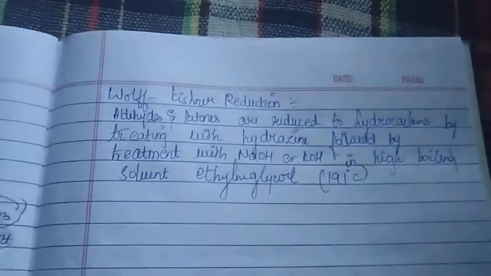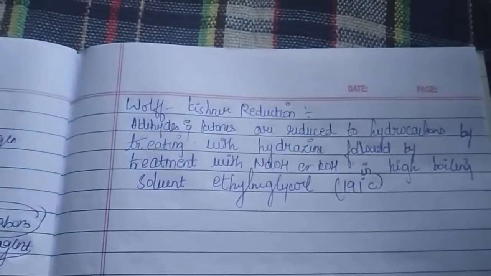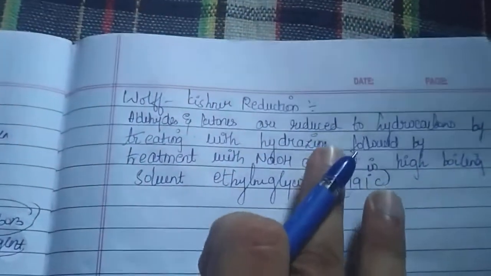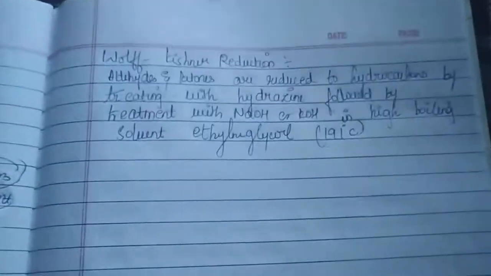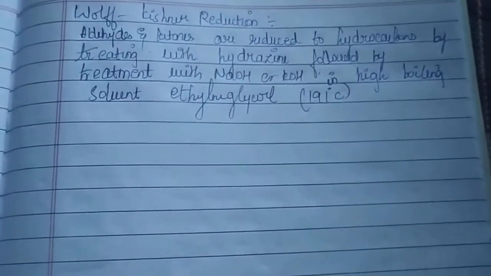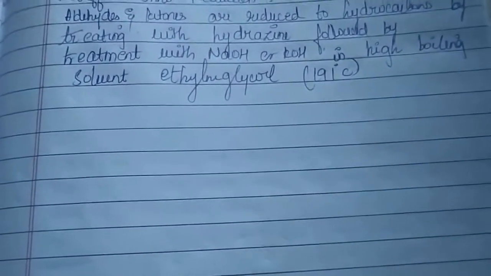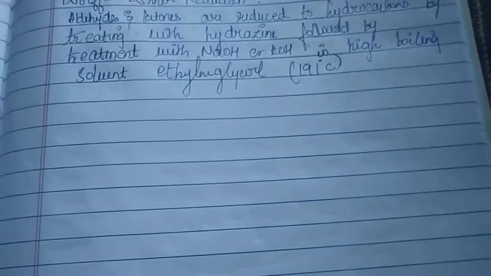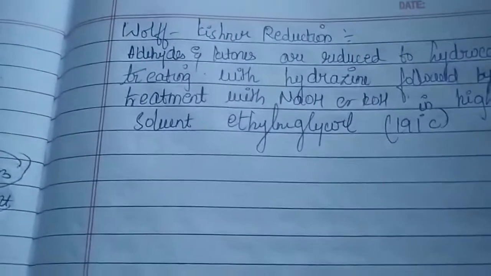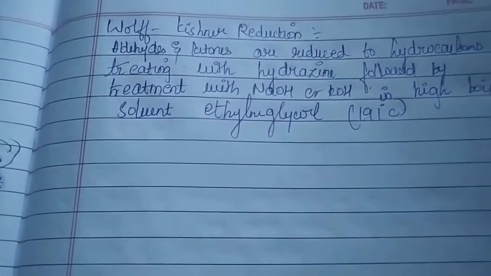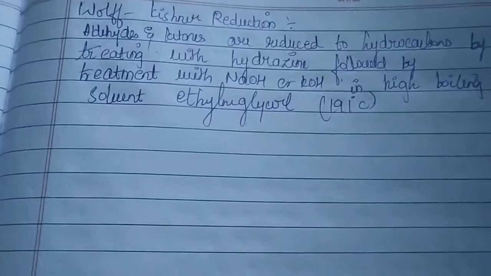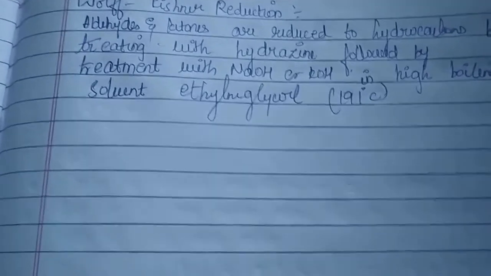So what is the main difference between the two? If you just see with respect to Clemmensen and Wolff-Kishner, about the reagent. We'll talk about this reagent once again. But now let us look after this Wolff-Kishner reduction. The main concept is same. You are reducing the carbonyl compounds to hydrocarbons itself. But the one difference is what? The reagent. In Clemmensen we have used zinc amalgam in concentrated HCl, whereas in Wolff-Kishner we are using what? Hydrazine in the presence of KOH and ethylene glycol.